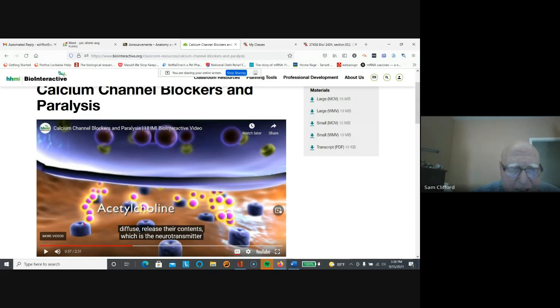It binds to these channels, which are now closed. And when the acetylcholine binds, the channels open to allow sodium to flow in. And when sodium flows into the muscle, the voltage of the muscle changes. And as we keep going,